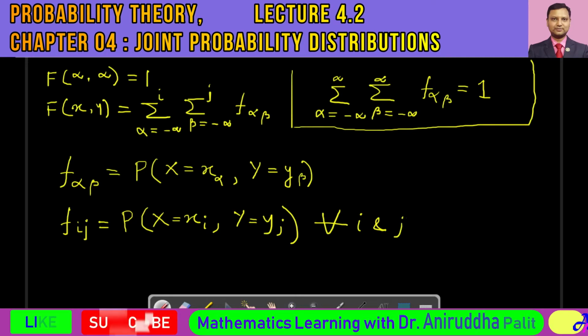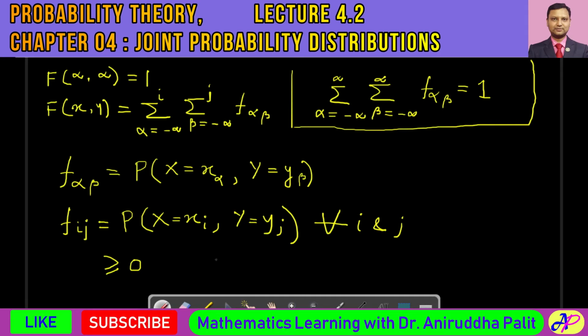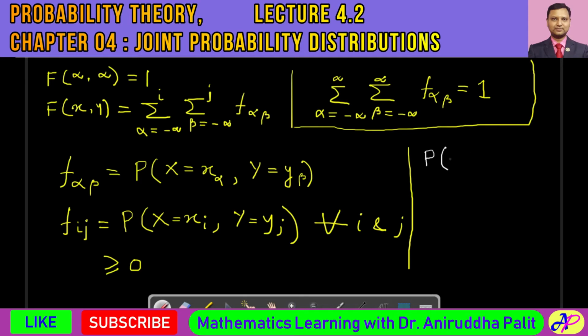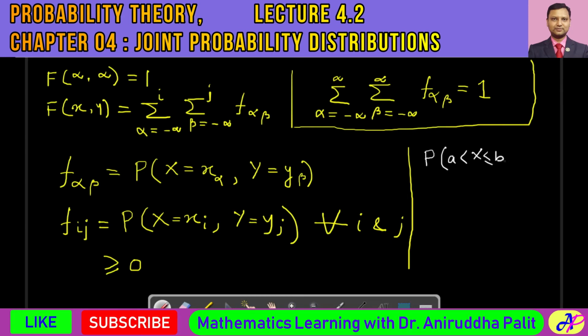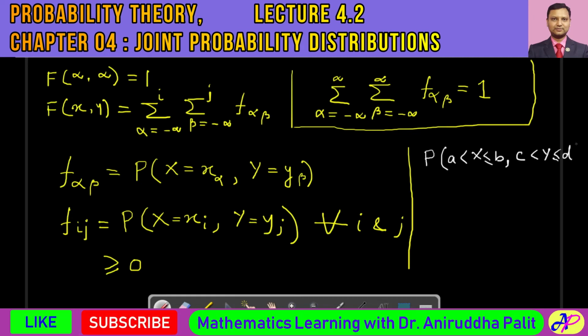Okay, so this would be the mass function, and because it is a probability, this mass function should always be greater than or equal to 0 for all values of i and j. And along with this result we can have one more result, which says that the probability that a less than capital X less than or equal to b, comma c less than capital Y less than or equal to d